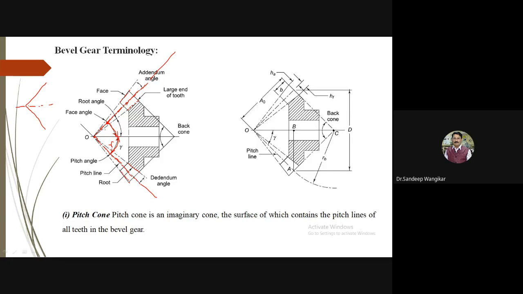Then from the center line to the outside edge, this is the face angle, and from the center line to the inside line where the root line is, it is the root angle. We will see the relation between these also. Then this angle is the addendum angle, and from the center line to the root line is the dedendum angle, and from the center line to the face line, the addendum angle. These are some terms you can refer to in this diagram. I will take one or two minutes for drawing the diagram; we will take help from this diagram.